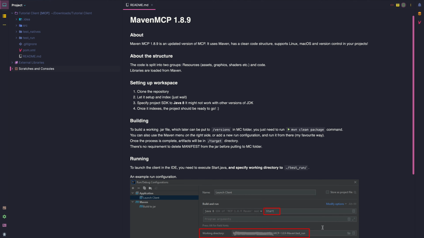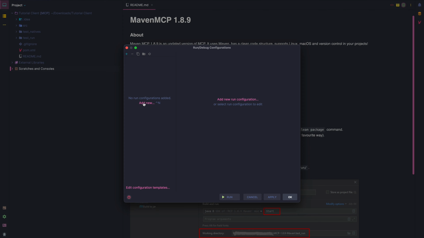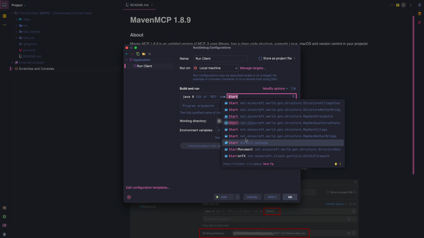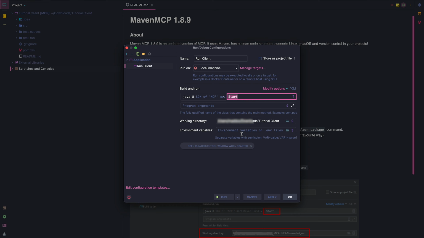Hit apply and OK. Now let's add an application so we can run this. So edit configurations, add new application, name it run client. Put the main method as start, make sure you see the default package there. In the working directory, just have it as it is and just type